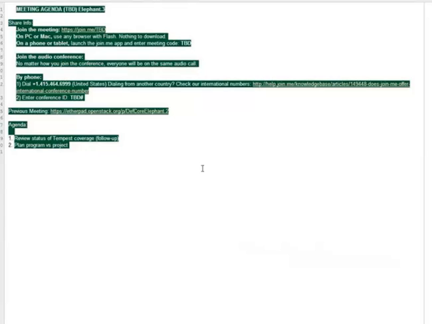Okay, so for the agenda for the next meeting, I have 2 items right now: to review the status of the Tempest coverage. Actually 3. We're going to have a readout from the criteria meeting. Actually, we're going to have to discuss the criteria, and then we're going to plan program versus project actions by the board. That's a full agenda.